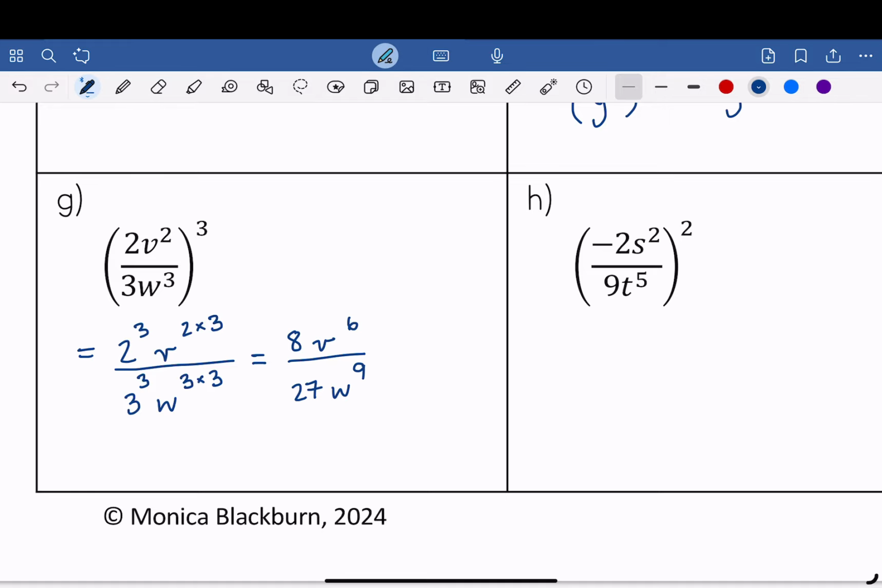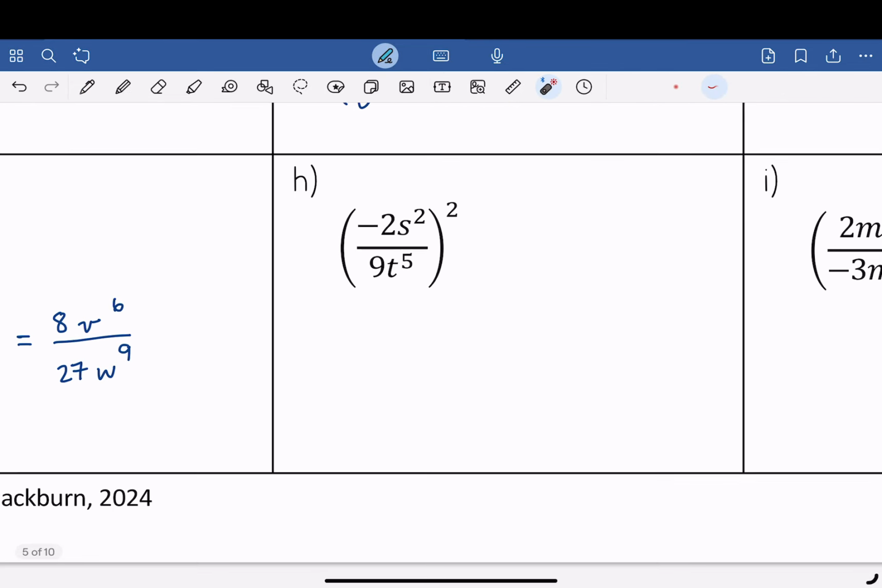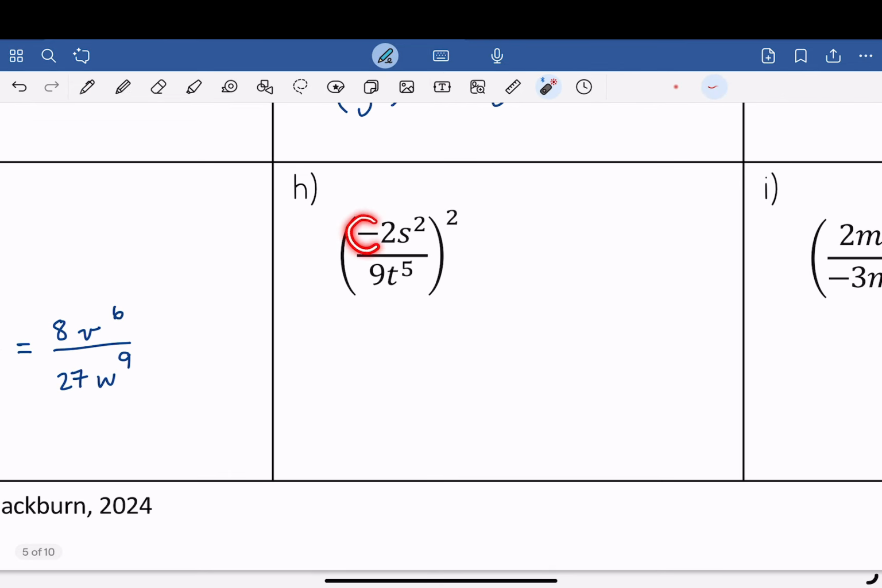For question H, when you examine it, what we have to notice here is that there is a negative. That is a bit different. So you have to make sure that when you do distribute the 2, that you keep the negative 2 in brackets. So we have negative 2 in brackets to the power of 2, and then s to the power of 2 times 2, over 9 to the power of t to the power of,